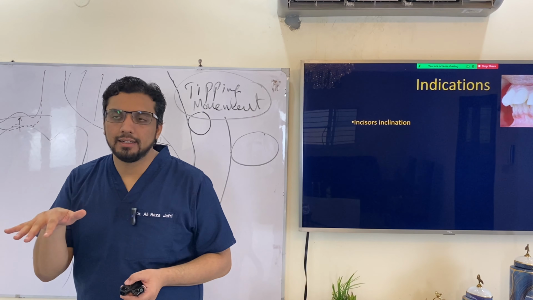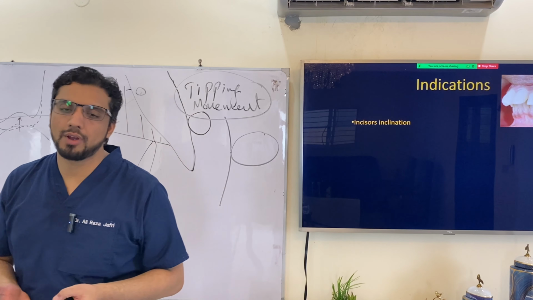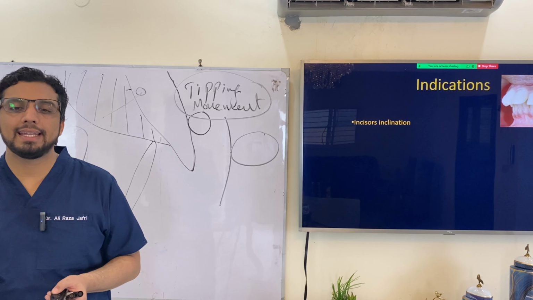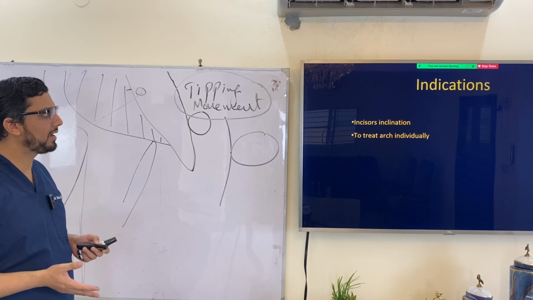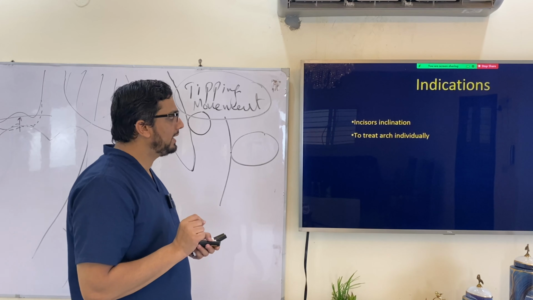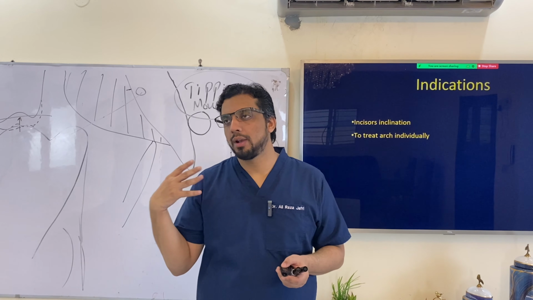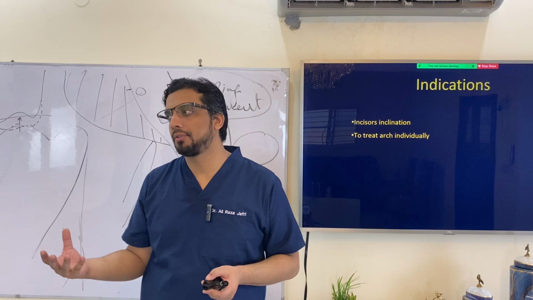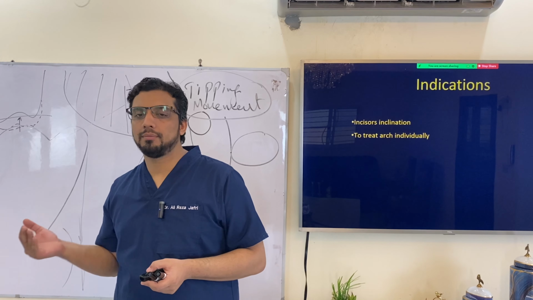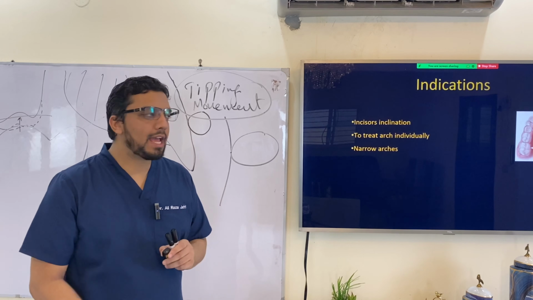So for the incisors proclination, the removable appliances could be the appliances of choice, because the removable appliance can very easily treat the proclined incisors. So if you want to treat one arch, they can very nicely treat only one arch. For example, you have proclined upper incisors having some mild spaces, so you can give the appliance only in the upper arch. Okay. For the narrow arches,